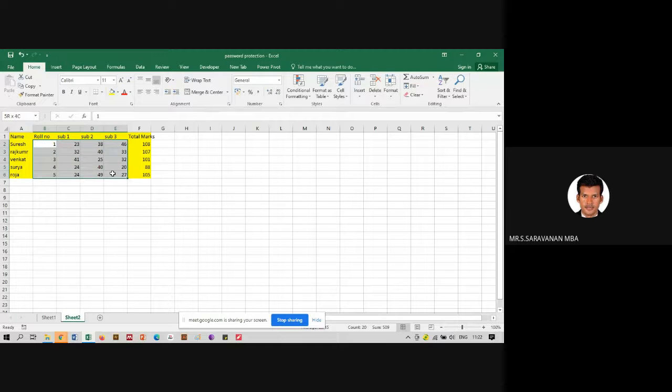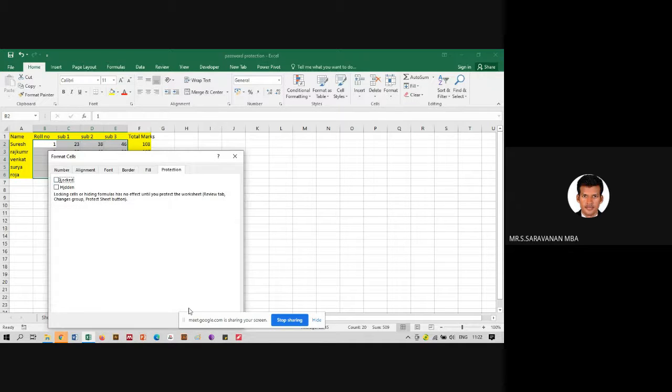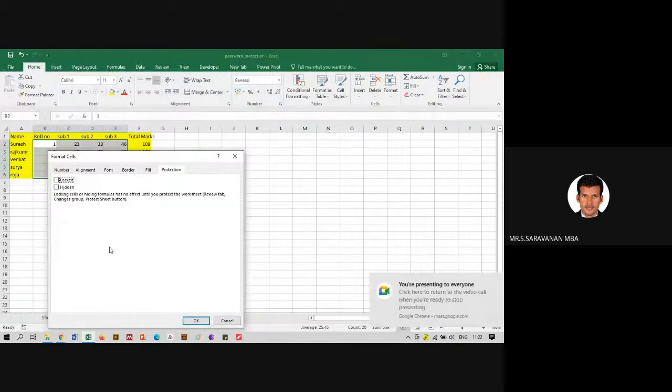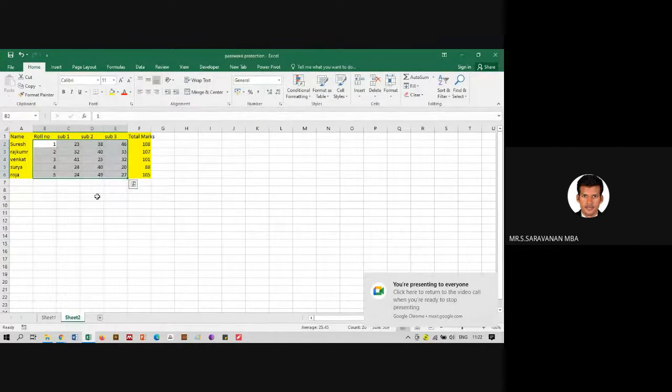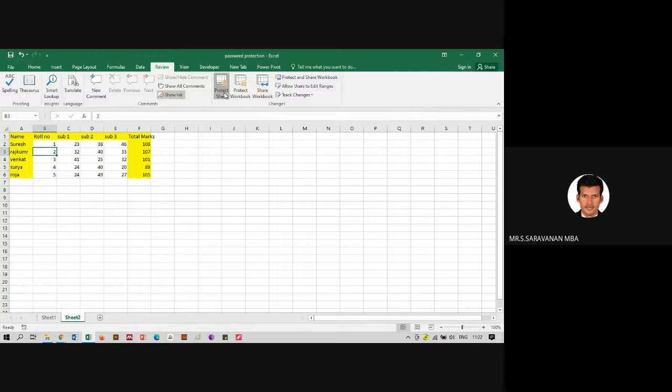Okay. This information is alone. If you want to change, right click, format cell, protection, remove it. Okay. So now you can edit. So third one is review, protect sheet.